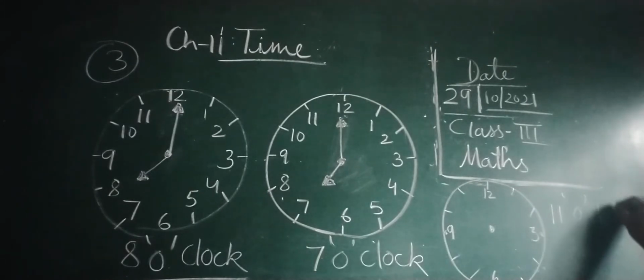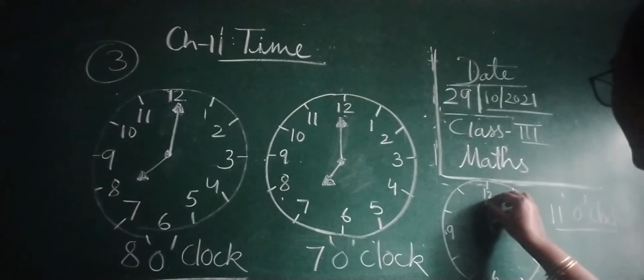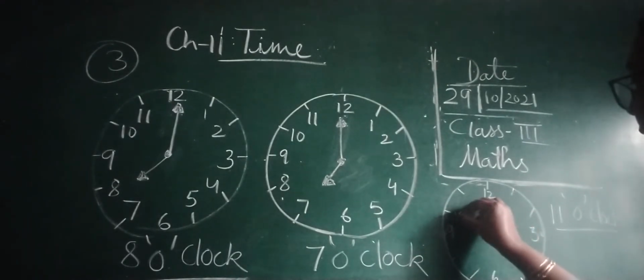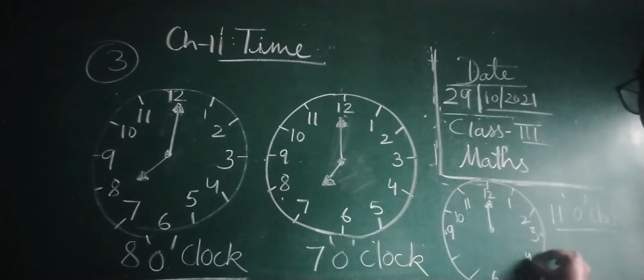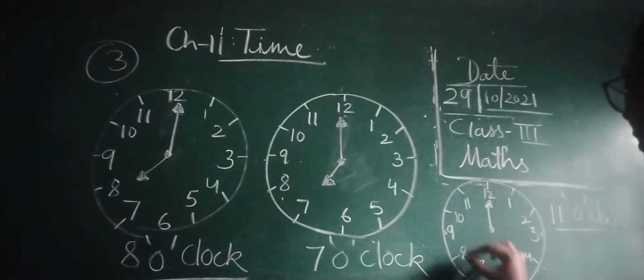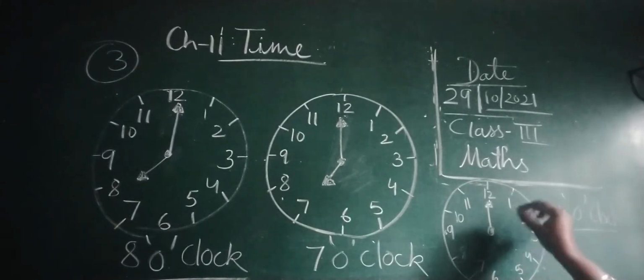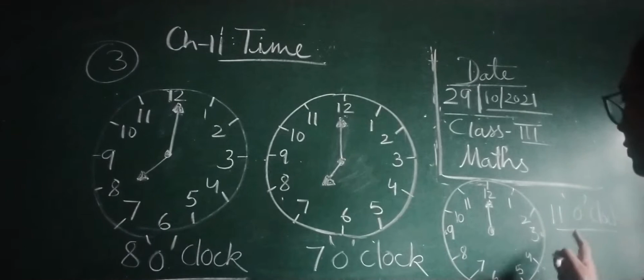Okay, so for this we will draw a bigger hand at 12, and because here you can see 10, 11, 1, 2, 4, 5, 7 and 8. So children, here you can see this is the bigger hand at 12 o'clock, because we have to show